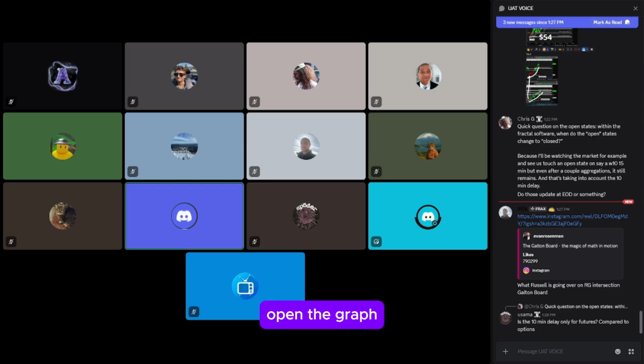Here, when we open the graph, it just does it. So we just see it. And it finds the stuff that you can't see on the linear graph, which is easy. All these intermediate indeterminate moves where we have a lot of consolidation, then a move one way or another.